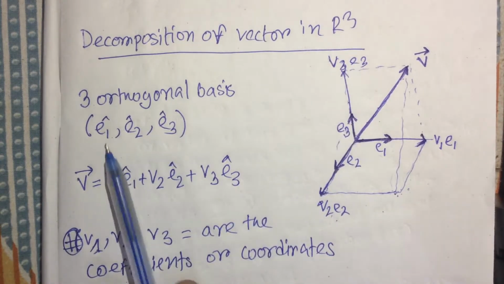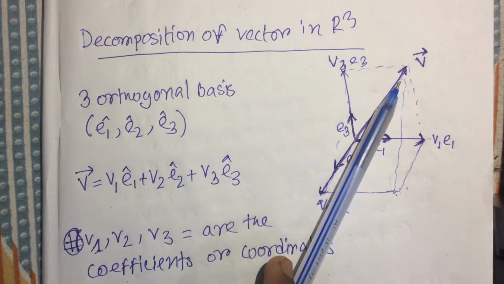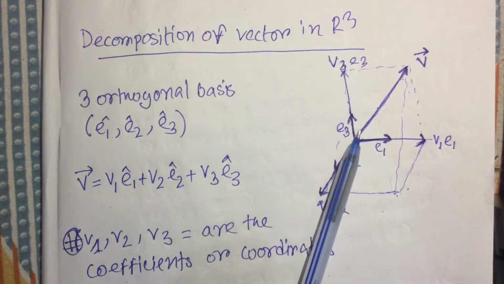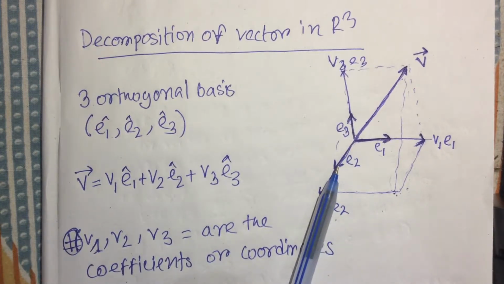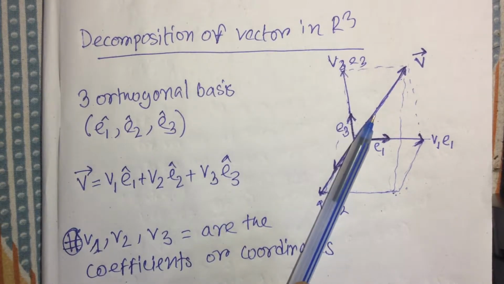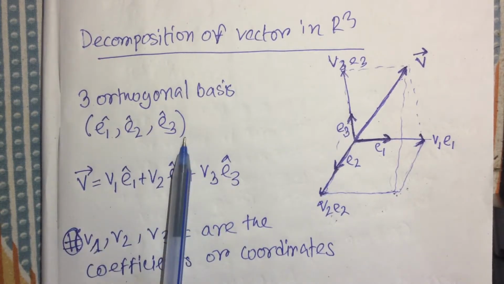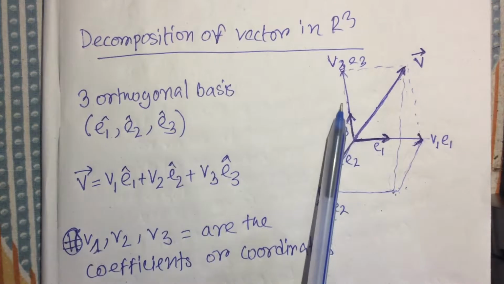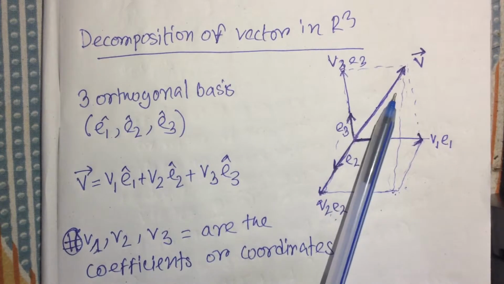So we have a vector v which lives in 3 dimensions, then it's always possible that we have 3 orthogonal basis vectors by which we could represent this vector v by simply the combination of some coefficients with the basis vectors. So we have E1, E2, E3, the 3 basis vectors, and we could represent this whole vector V by